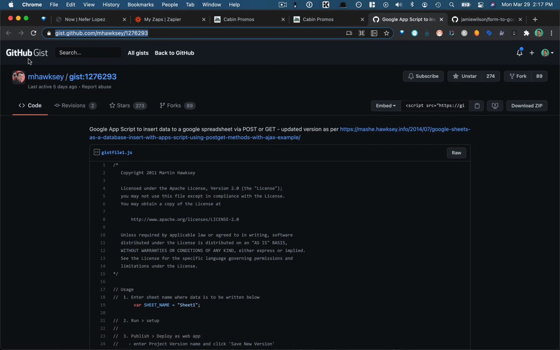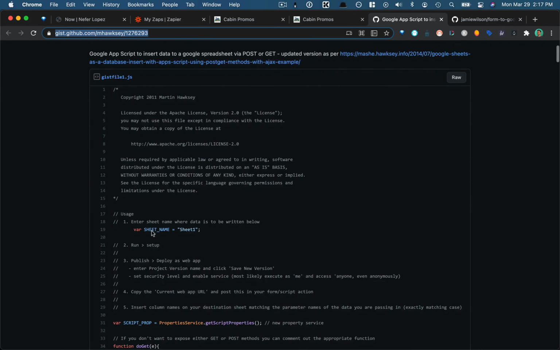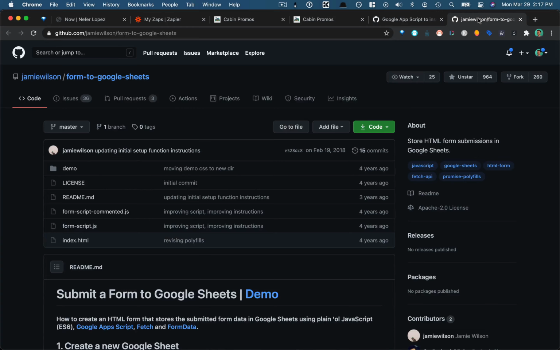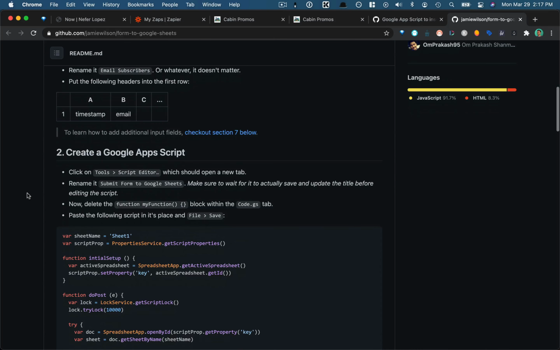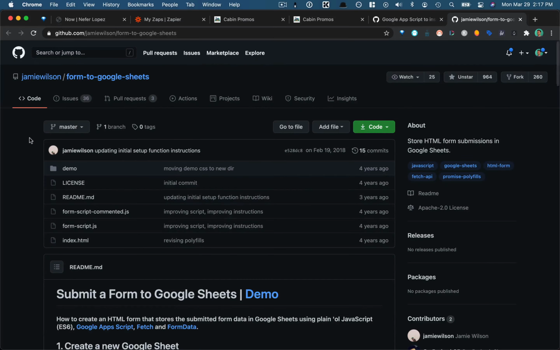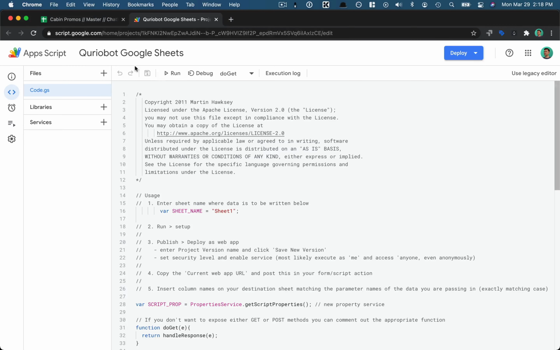and Gist. So the version that I have is this one, and this one's a bit more annotated. The version that does have all the steps broken down very, very cleanly is this one here. So I'll throw both of those links in this video so you can refer to them later. And so essentially you'll take that script and go